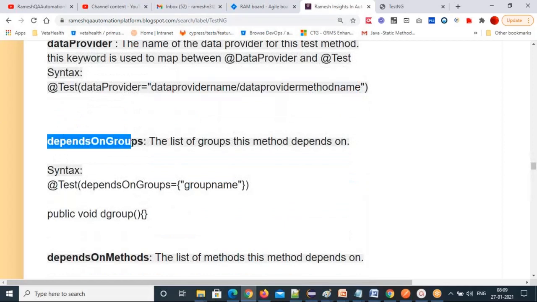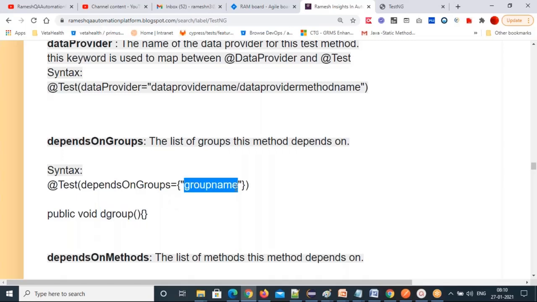Next, dependsOnGroups. The list of groups this method depends on. You want to set this @test method, the D group method, to depend on some other group, like a regression group or a sanity group of test cases. It depends on those group test cases. That means first that group will execute and all test cases of that group must pass.